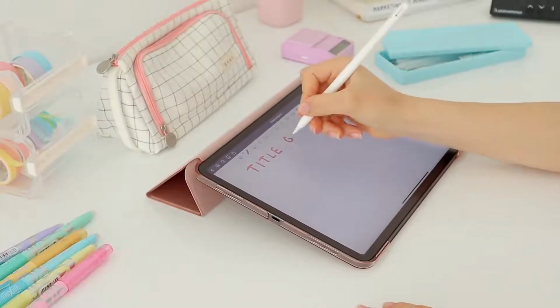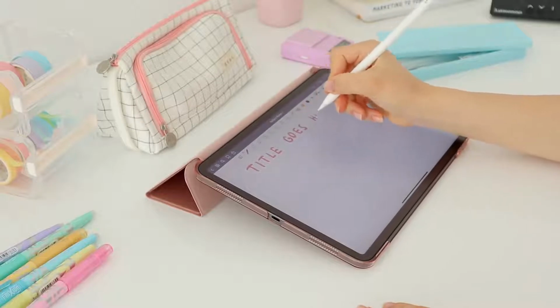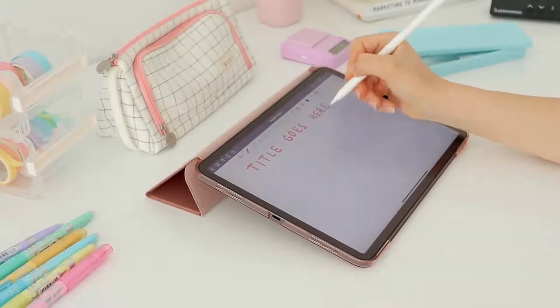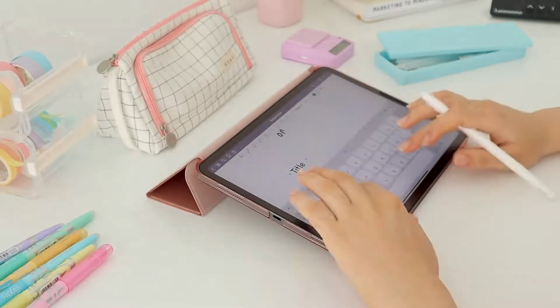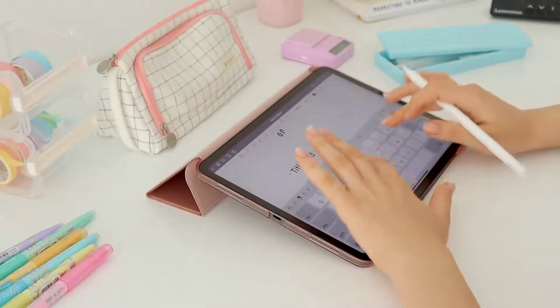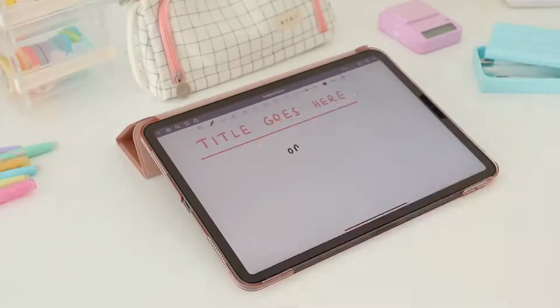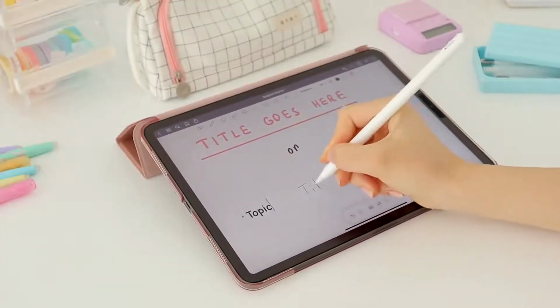Obviously, the first thing I gotta do when taking notes is write the title. Sometimes I'll handwrite that, other times I'll go ahead and use the type tool in GoodNotes 5. It has been improved quite a lot. You can add a background, a border, a shadow, and there are quite a few settings that can help you